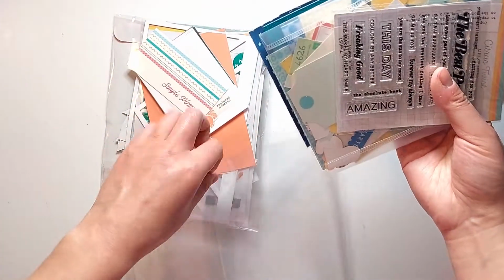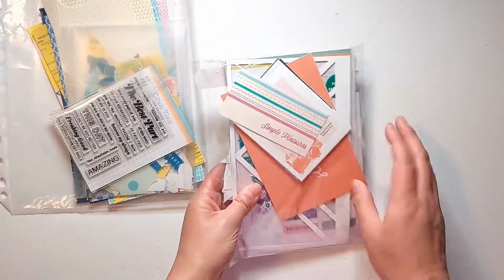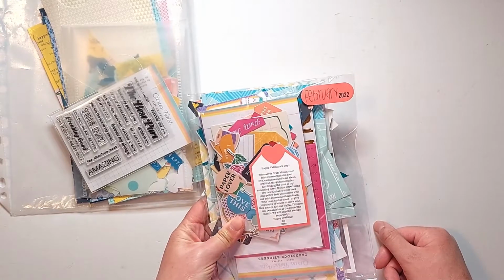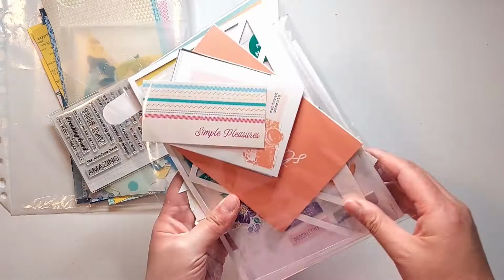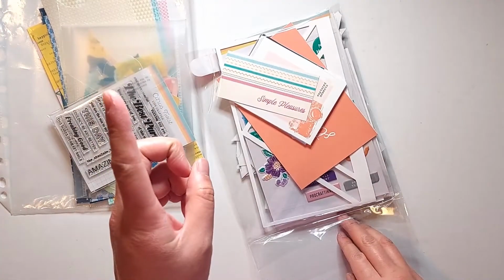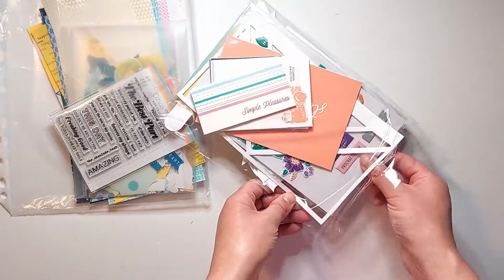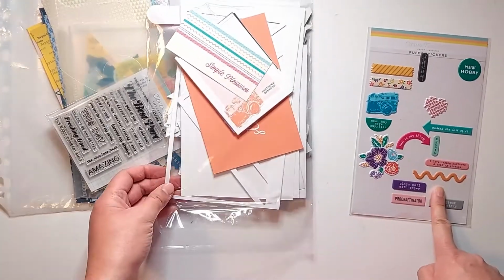And this other kit is also one of my favorites that have come out from Citrus Twist. This was just from last month, which is February. I can't believe I'm saying that already. But this came with the option of getting digital traveler's notebook papers and digital journaling cards. And also the physical kit came with a set of Puffy stickers and a set of